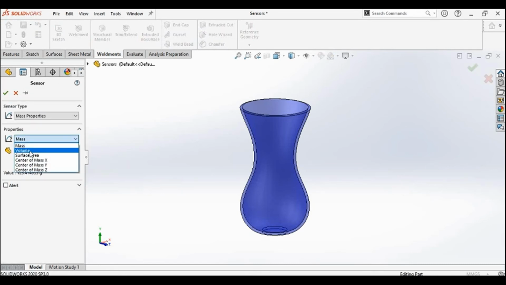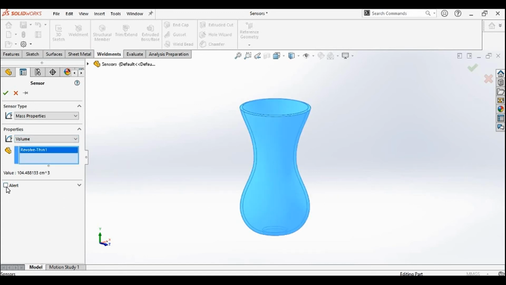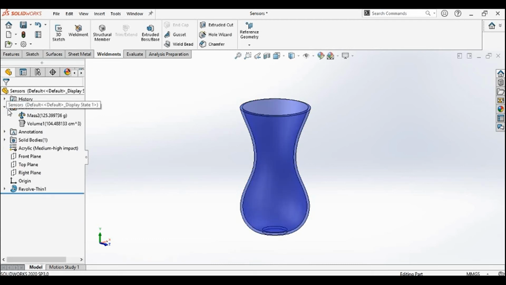You can also set various sensors like volume. Now we are going to select the volume. Select the body. Right now it is 104 centimeter cube. Let me set the limit to 110, and if we change the values